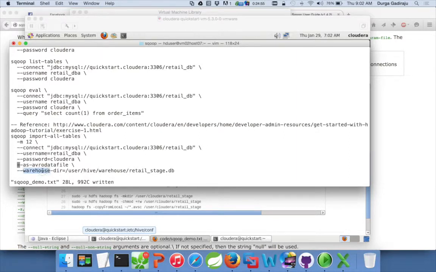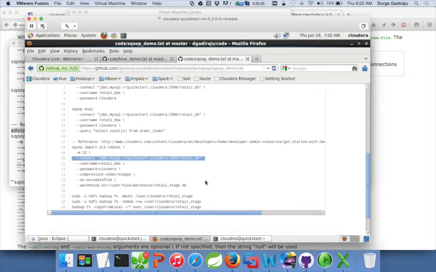And in the end, the warehouse directory will tell to which location data should be imported by Sqoop, and it will be copying data as an Avro file. And one thing is these commands and even table structures, everything is created using this link as a reference. So you can copy paste this link and you can actually get more details about these commands if you are interested.